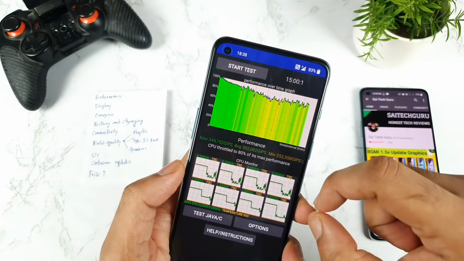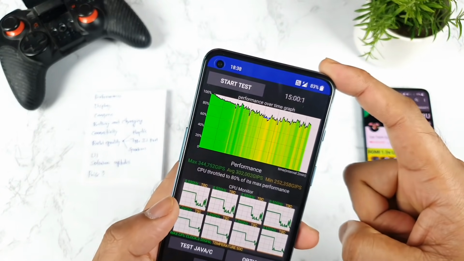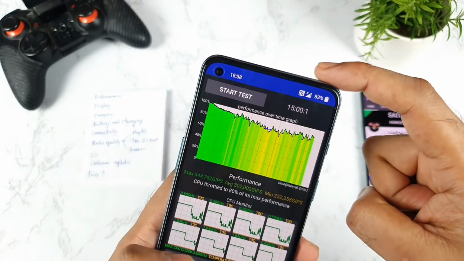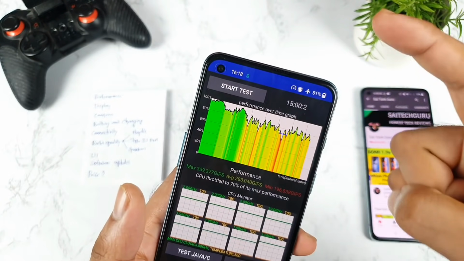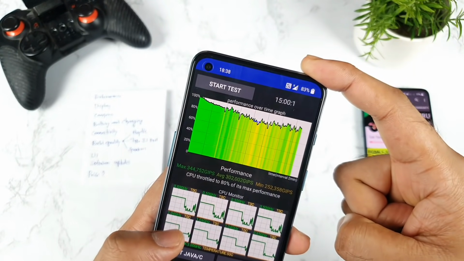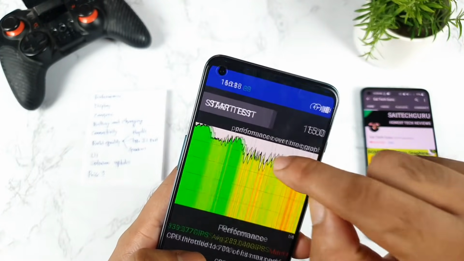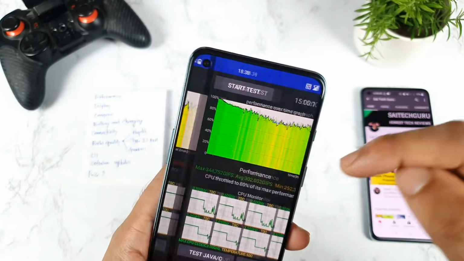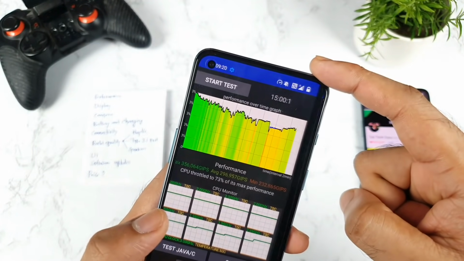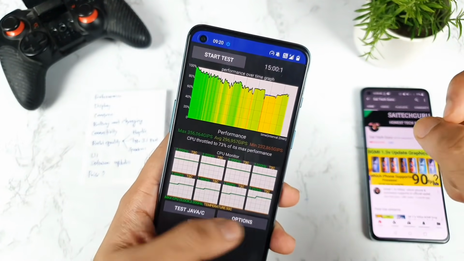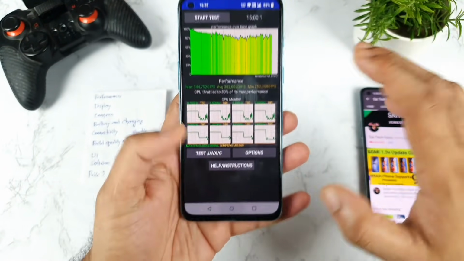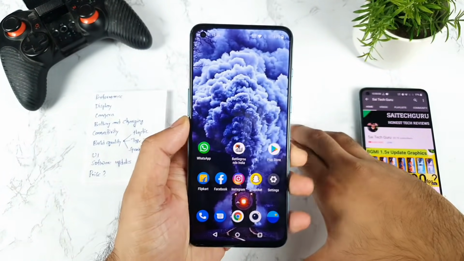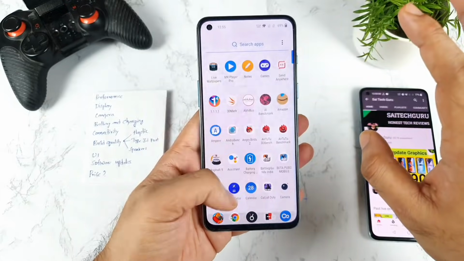Regarding CPU throttling, the CPU throttles up to 80% without using high performance mode. With high performance mode, sometimes it's not working perfectly. As you can see the difference, you can see the symbol on the top clearly. The CPU throttles up to 70-80%, 73% and 73%, as you can see. So I'm always getting below 80% in this OnePlus Nord 2 in terms of CPU throttling overall. But in my experience, I did not have any major issues in day-to-day usage.